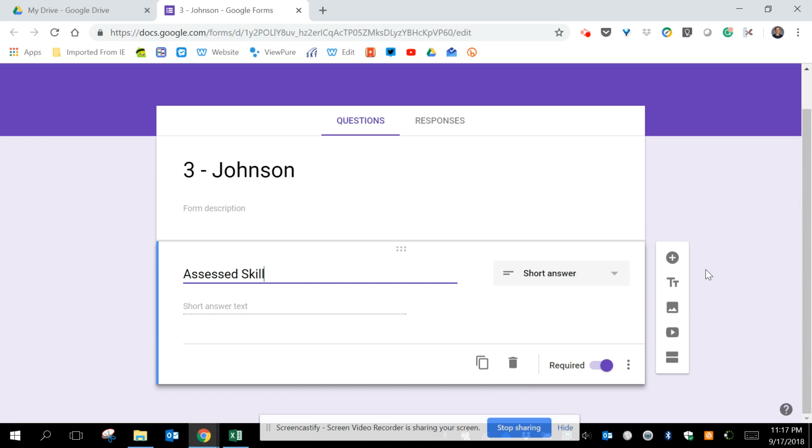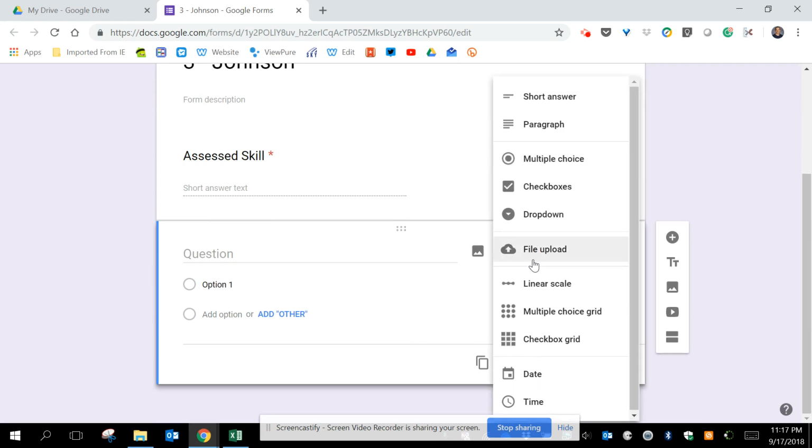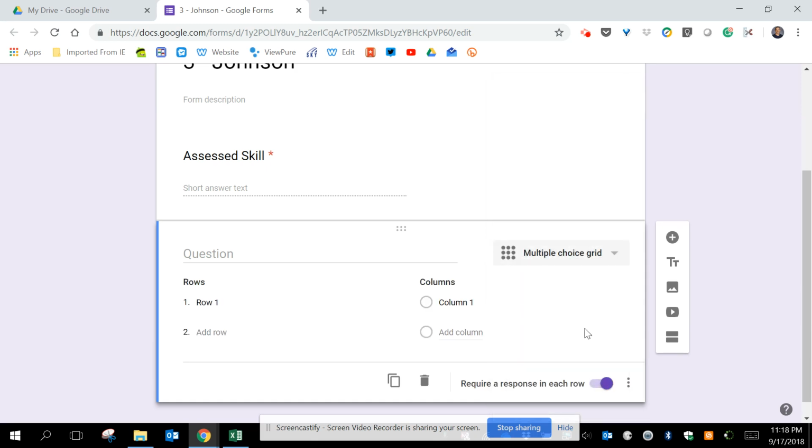Now the final part of this form building process is adding one final question by clicking the plus button here. We're going to do two things to this question. Number one, we're going to select the question type and change it to multiple choice grid. And the second thing is to toggle the required response button